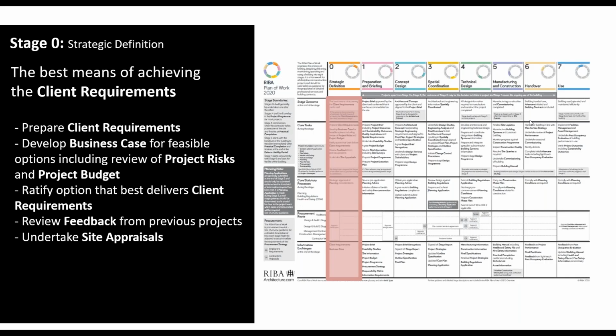Now what I want to do is just walk you through each one of the different project stages. And of course, stage 0 is really about defining the best way of achieving the client requirements. And the example I like to give is if I own, let's say it could be a tech company, and I'm expanding very fast, and maybe I need some additional desk space. So at stage 0, the client may say, well, what's the best way of me achieving my, let's say, additional 100 desks? I can obviously do a space planning exercise. I could ask people to work from home. I might rent some ancillary space from a company. So there's lots of different ways of achieving my requirements.